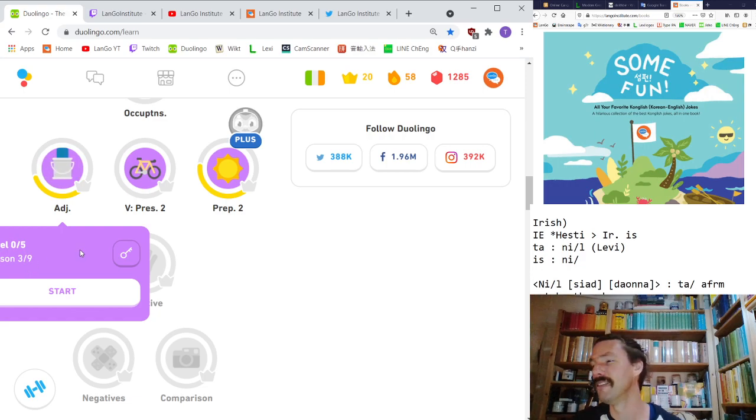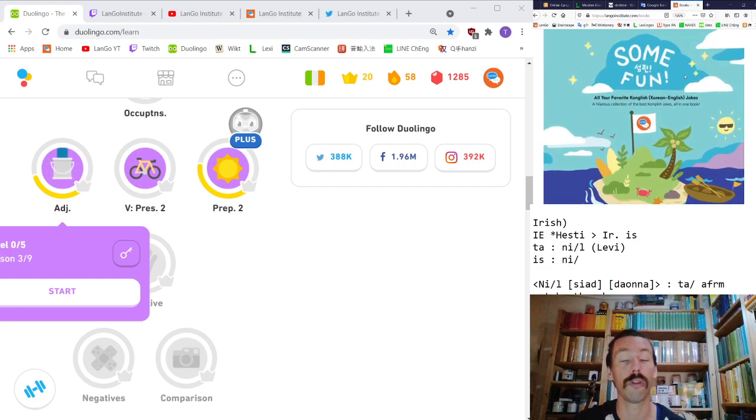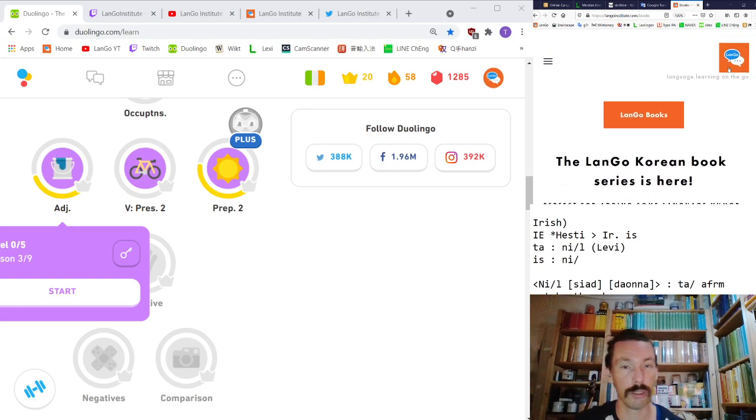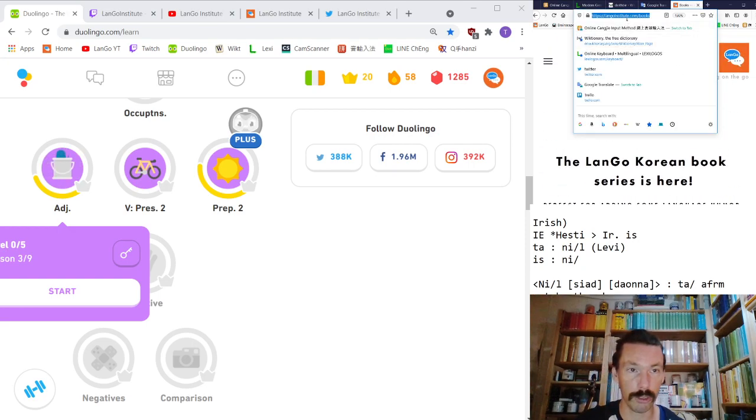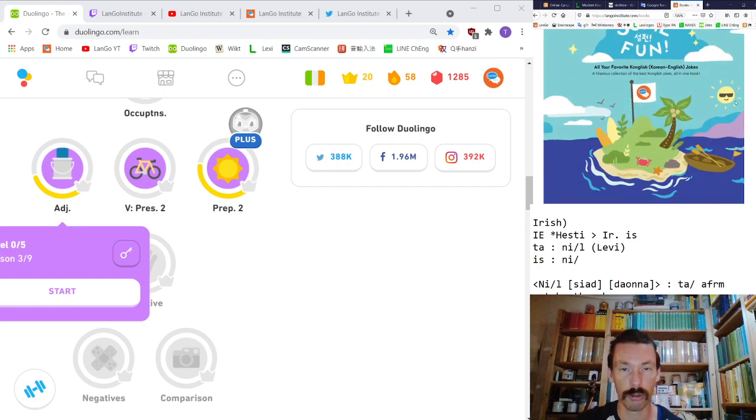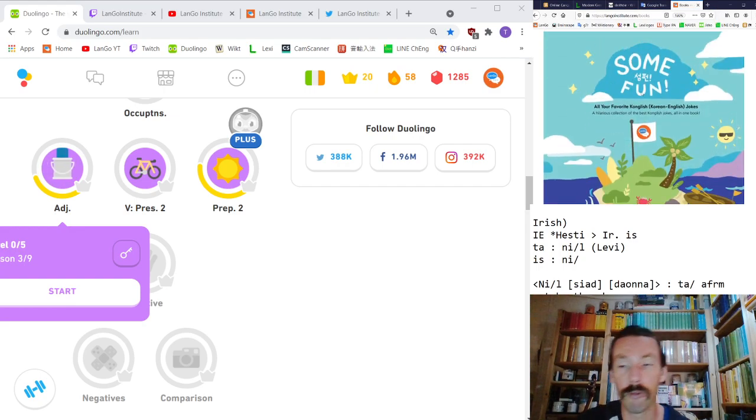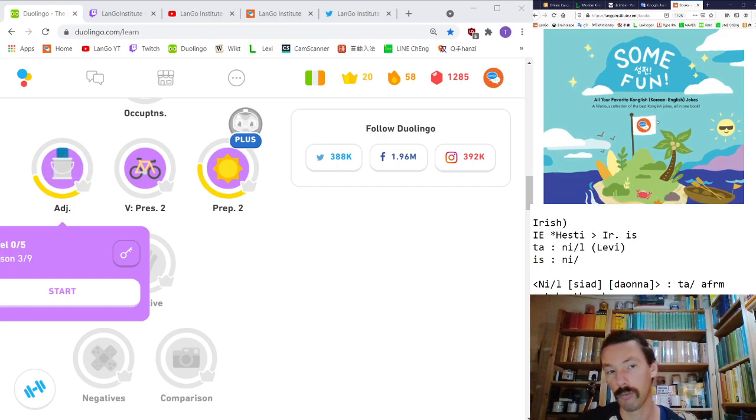Three of nine. Oh boy. Feels like a long road. How about you, Levi? Thing on the top right. Glad you asked. So this one here that's moving. This is the first book that we put out, we being Lango Institute. So our URL, langoinstitute.com. Here, this is the /books domain. This one called Some Fun is our first book for Korean learners, English speakers who are trying to learn Korean, involving sort of like wordplay, puns across the two languages.